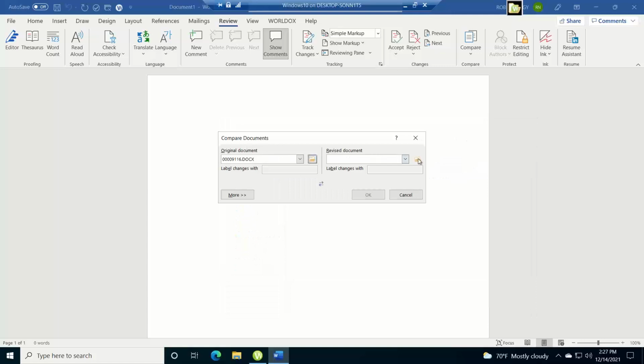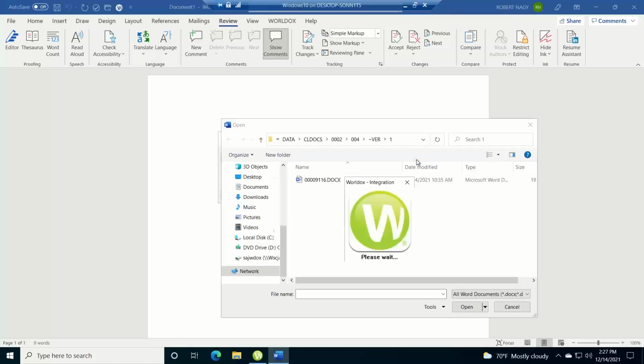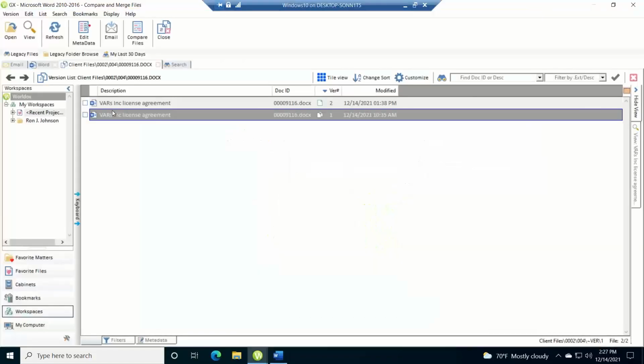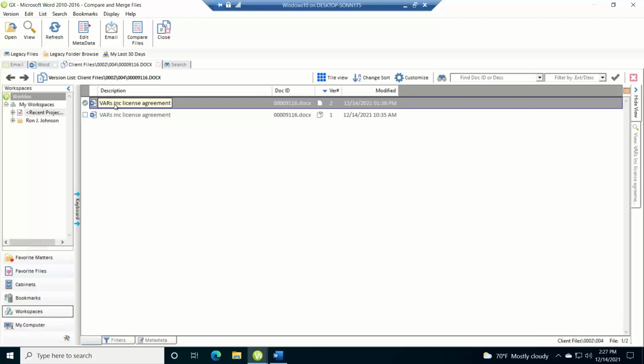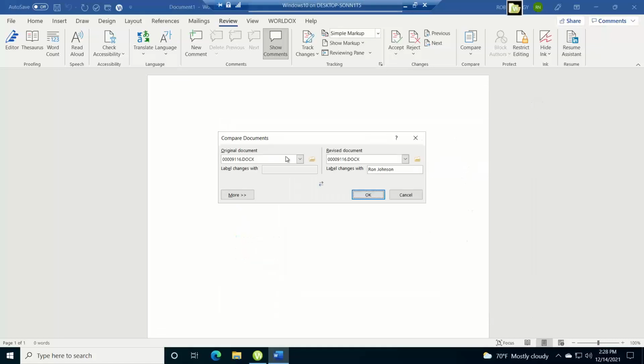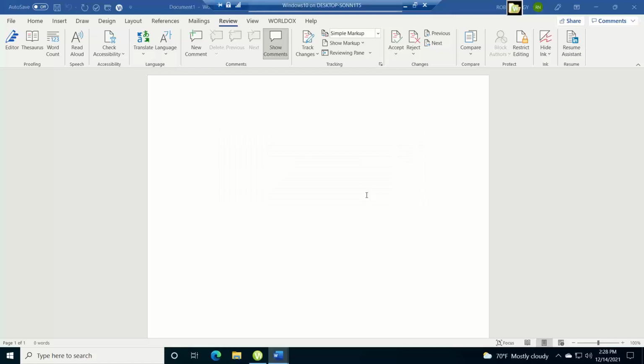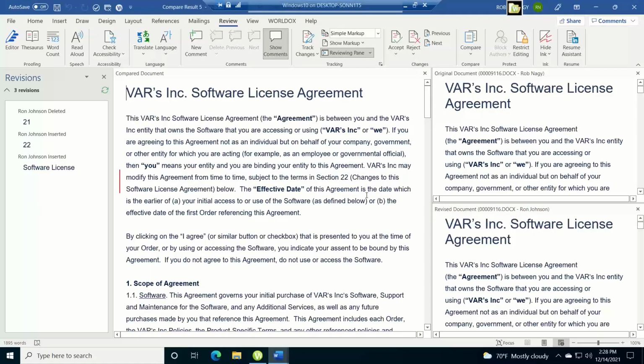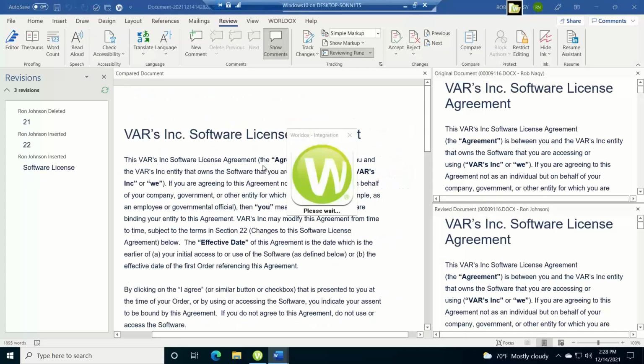Now I need to do the same thing to get the next version. So I'll click on the folder here. It'll pop up Worldox. I'm going to select version 2 and then click on open. It'll return me back to Word, and at this point I can click OK. It'll run the compare. And now if I want to save this, if I click on the save button, Worldox